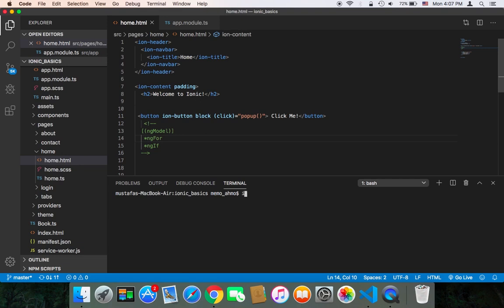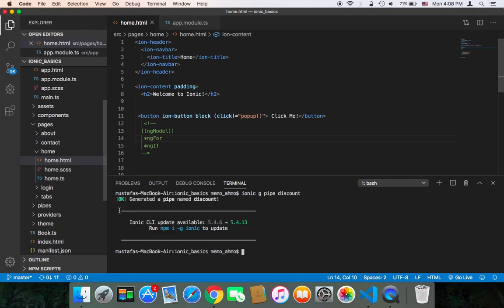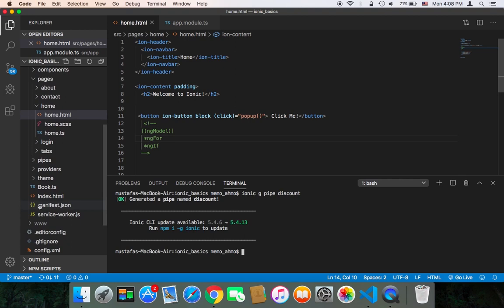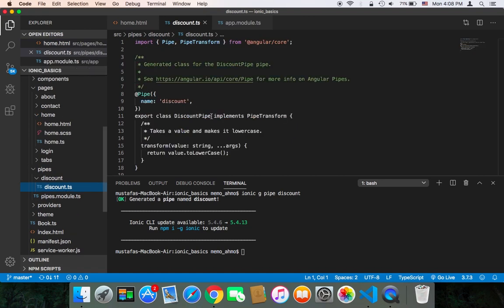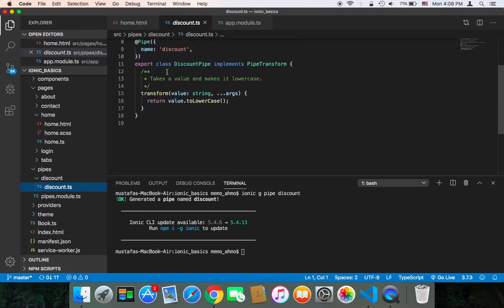In order to create a pipe, you would just type ionic g pipe and then the name of the pipe. Let's name it discount and then hit enter. And on the left you will find that a new folder has been created called pipes, and inside it there is a folder called discount, and inside it we have the discount.ts, which is the file that will apply the